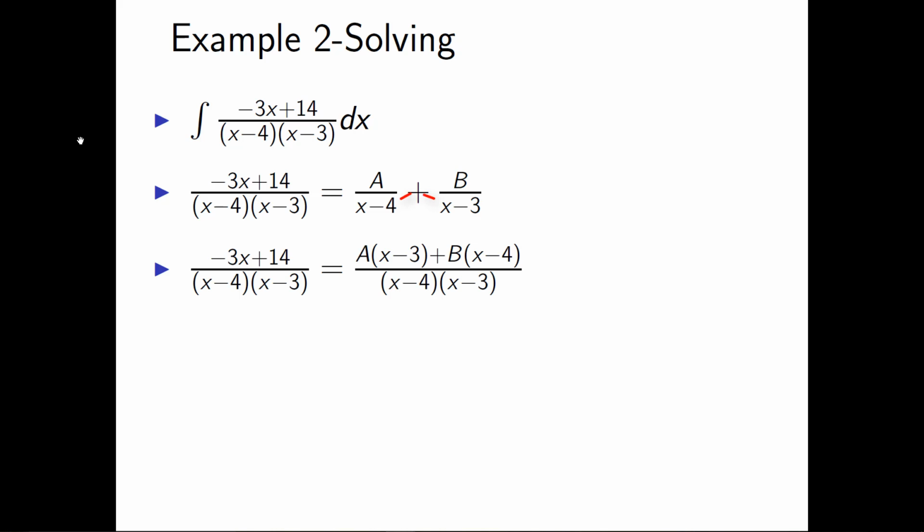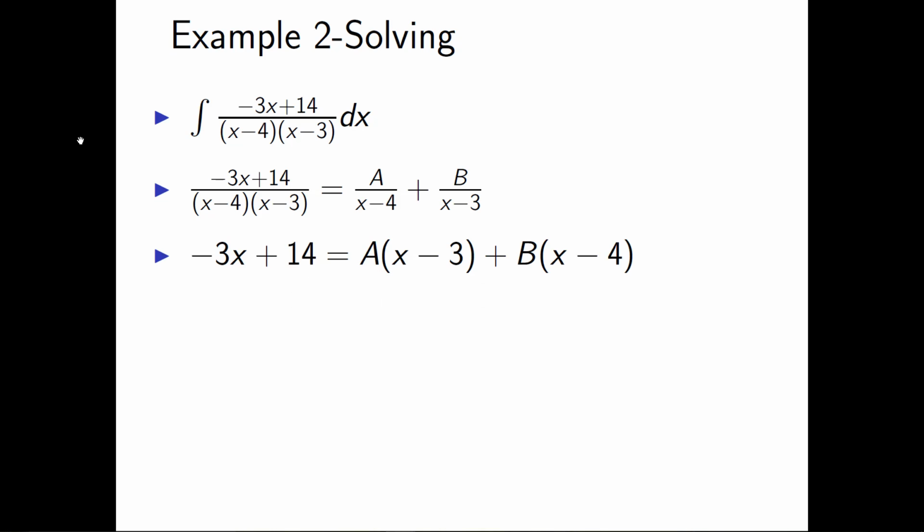And then we'll cross multiply here. This is a step that, as we're going along, you can probably go a little faster through. But if we just cross multiply on the right hand side, you can see we get A(x minus 3) and B(x minus 4). By doing that, we have this x minus 4, x minus 3 denominator, which of course is the same as the denominator on the left hand side. We can therefore eliminate the denominator,